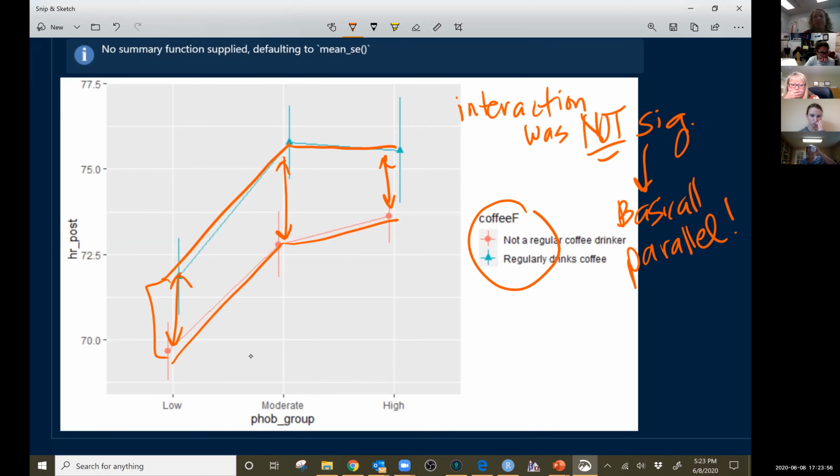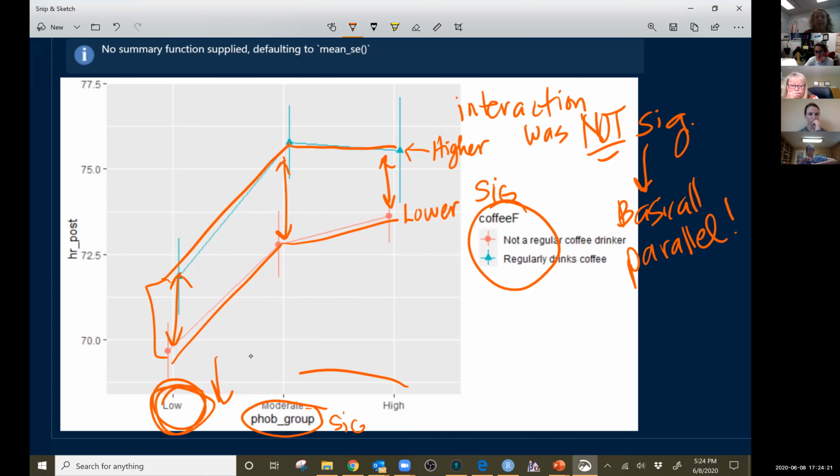Now, we saw coffee was significant, and we can see by our picture that the coffee drinkers have higher heart rates than the non-coffee drinkers. But then when we did it for phobia group, it was a significant main effect. And when we checked it, it showed us that the low phobia group had a lower heart rate than moderate and high, which were higher. So even though the data is kind of more complex,